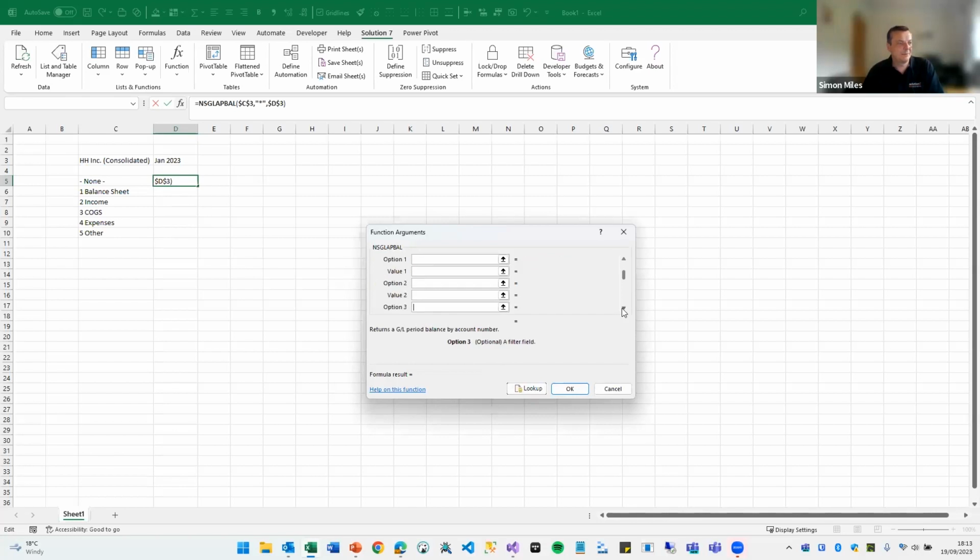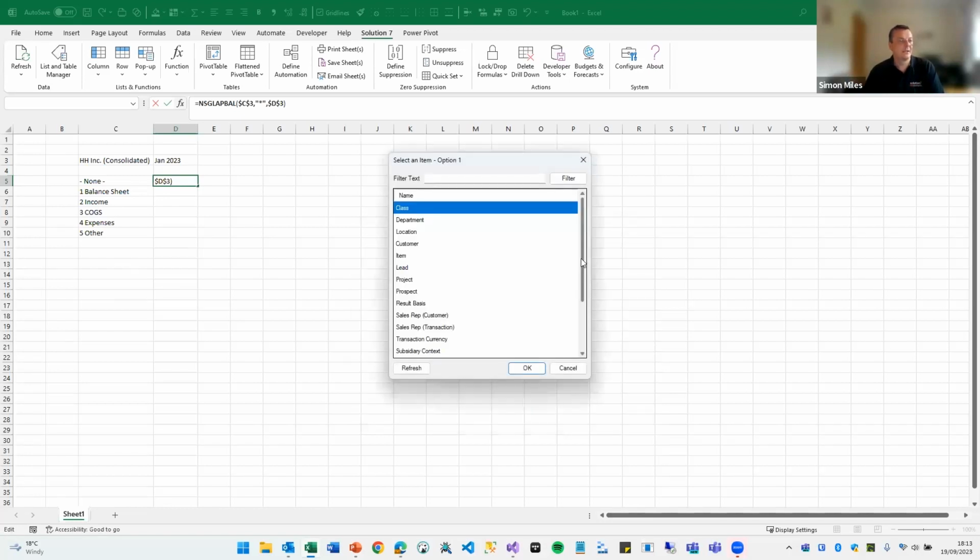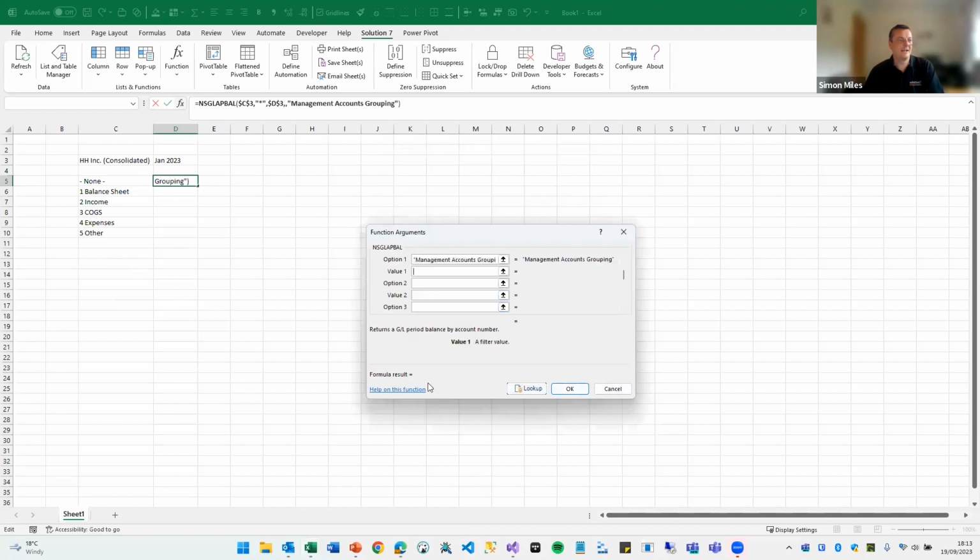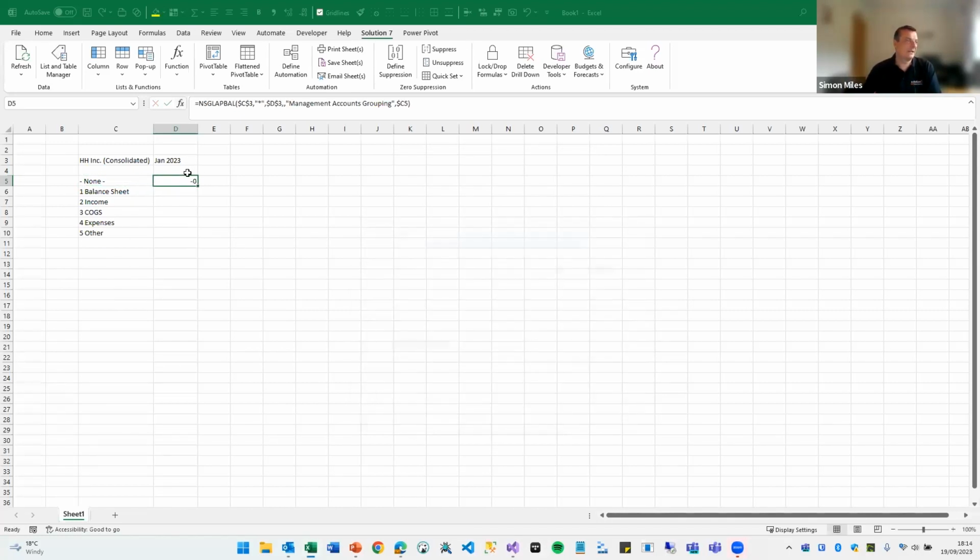And with the advanced balances, what you get is a series of option value pairs. So unlike the regular NetSuite balance functions where you see class, department, location, and so on, with our advanced balances, you see option 1, value 1, option 2, value 2, and so on. So let's use option 1 to filter by the custom segment. You can see that I've hit the lookup button. I scroll down. I choose my management accounts grouping, which is my custom segment in NetSuite. And then for the value, I'm going to reference the sheet. Again, lock in my references, click OK, double click,